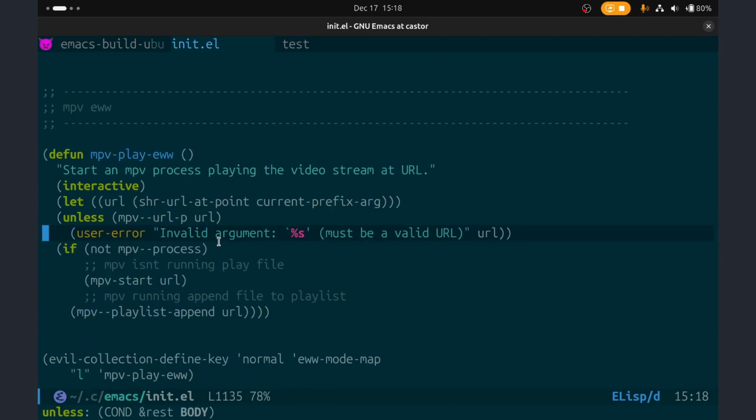Okay, we've got MPV EWW. So this is setting up MPV to work with EWW, which is the Emacs web browser. And that works particularly well with archive.org, which uses file listings for